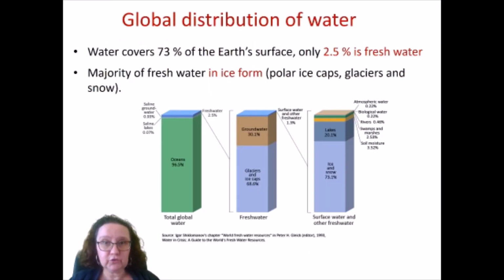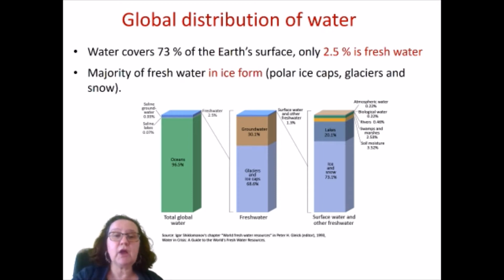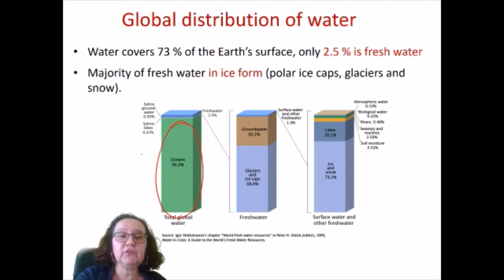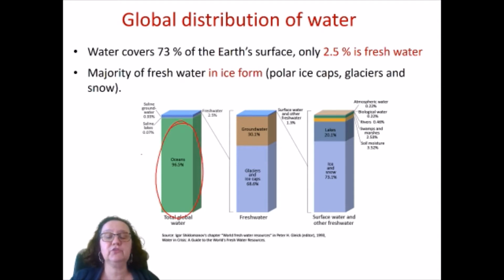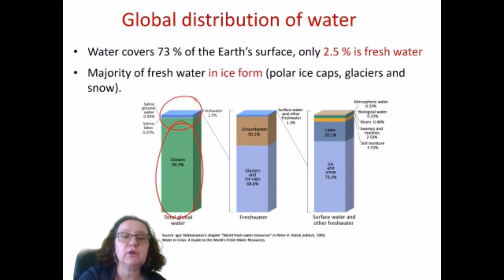There is a lot of water on Earth. Around 73% of Earth's surface is covered by water. However, of that amount, most of it is salty water. Of that 73% of water, around 96% is oceans, seas, salty water, and only a small amount, around 2.5%,